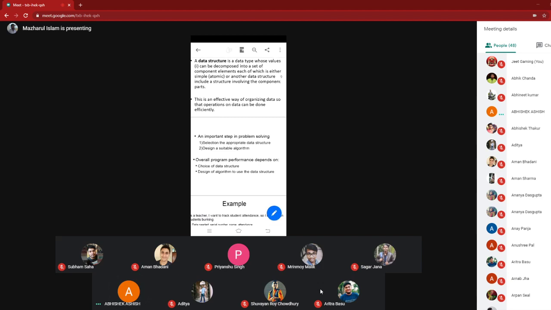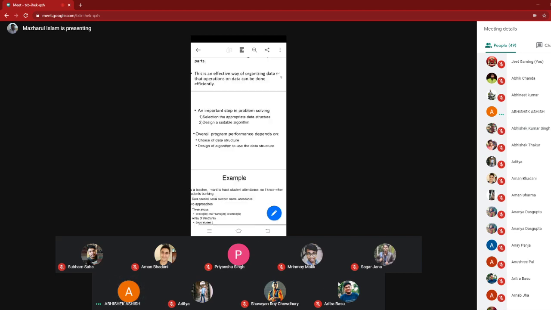So what is the analysis of this definition? Data structure is nothing but some data type. Data type means some domain is associated with it, and some operation on that domain is defined. Now when you talk about the data type, the domain can be decomposed into component elements, which are either atomic, so you cannot decompose them, or can be decomposed.